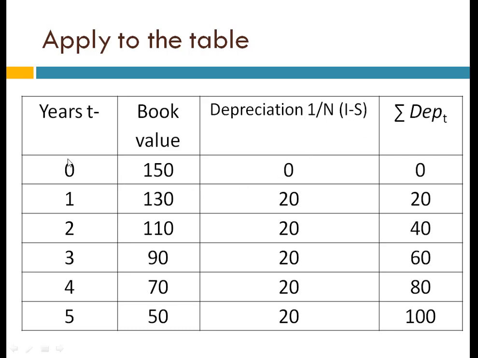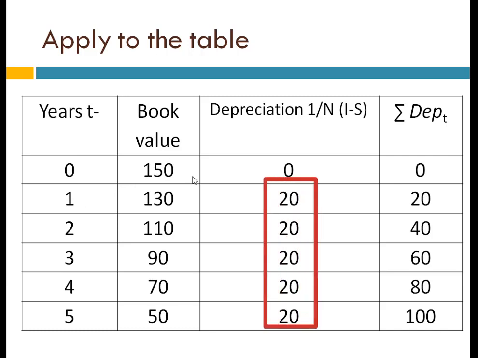In the first usage there is no depreciation, but after we use it for 1 year, running a business, the asset may have a decreased value. So after 1 year's usage,